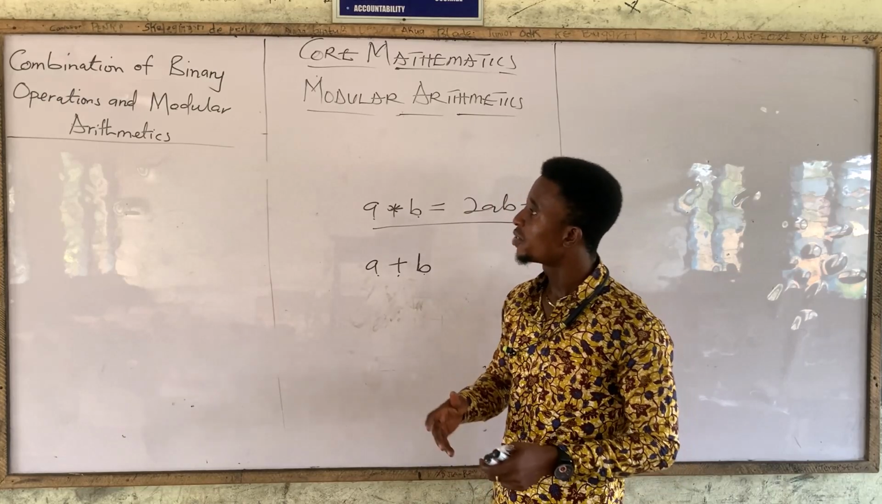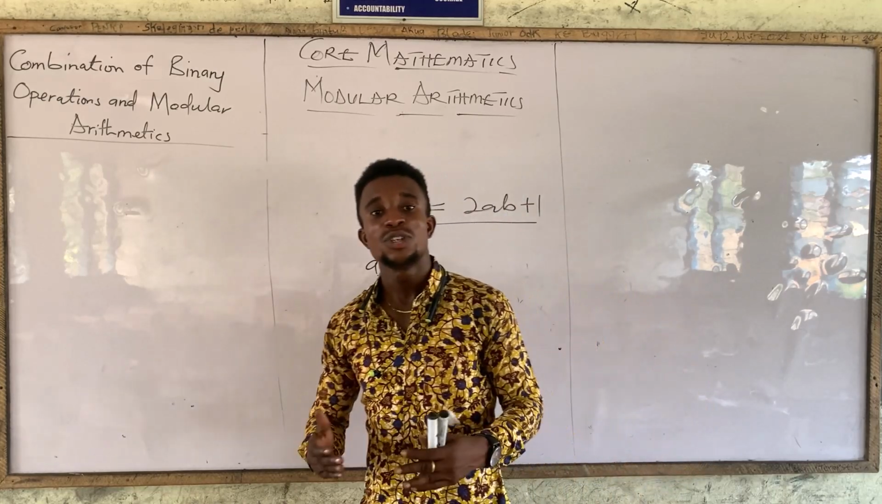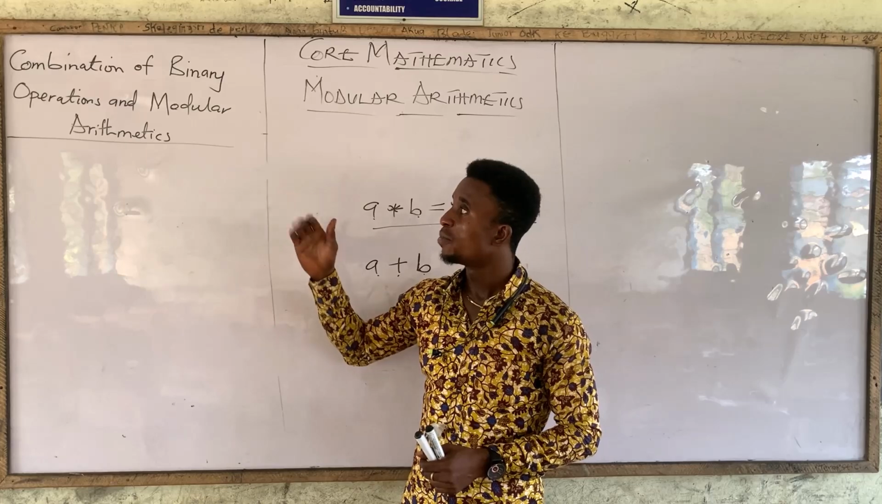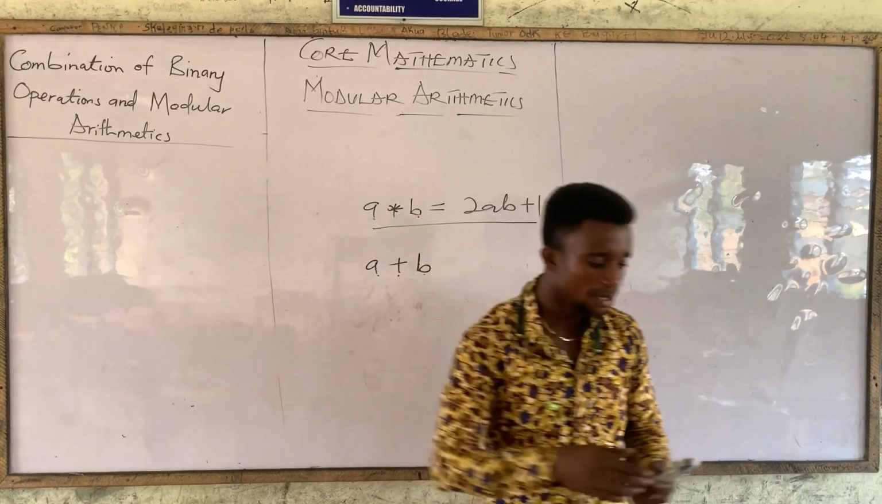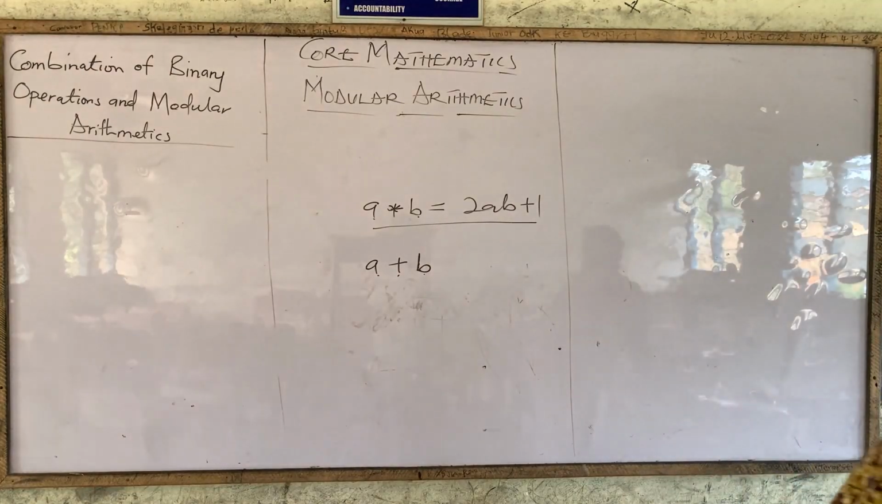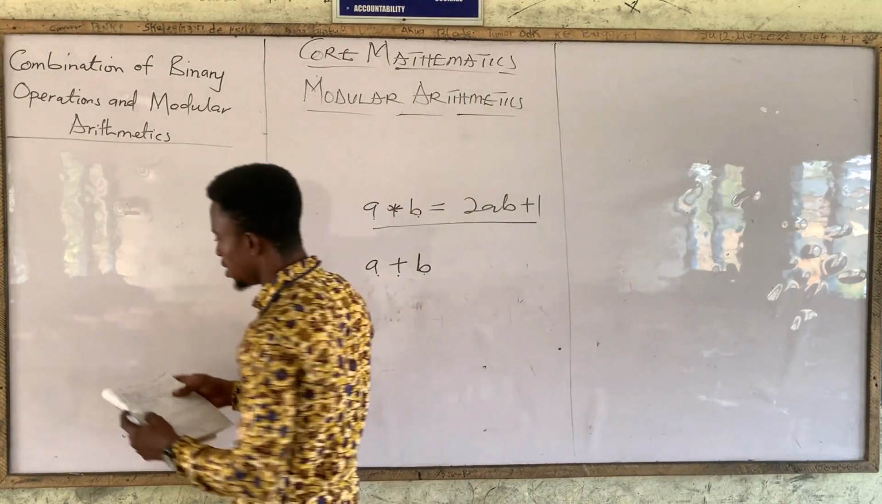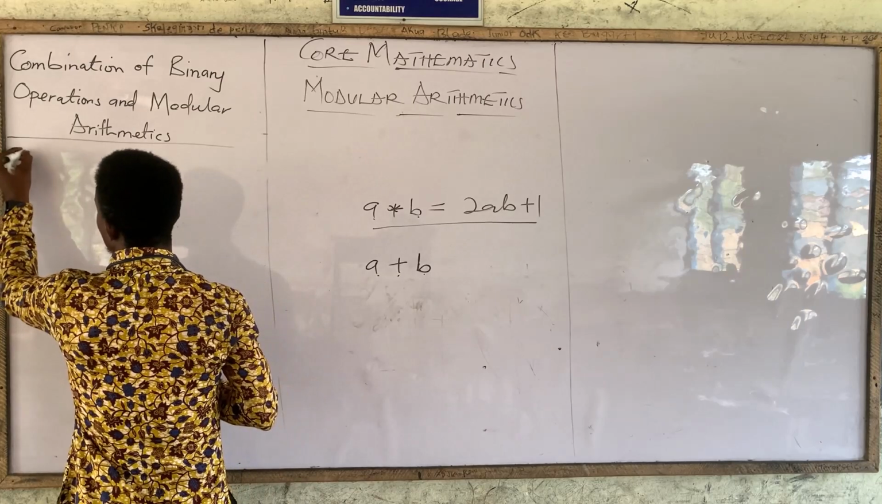So let's now see how we solve binary operations combined with modular arithmetic. Are we getting that? Let's begin with example number 1. And example number 1 says,